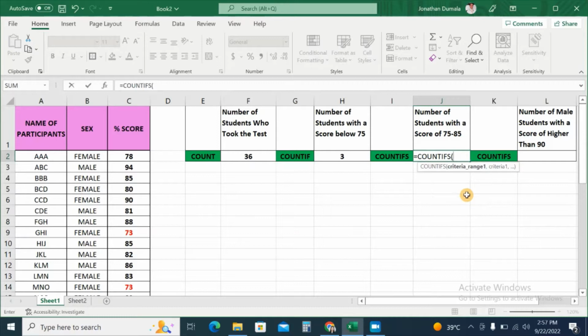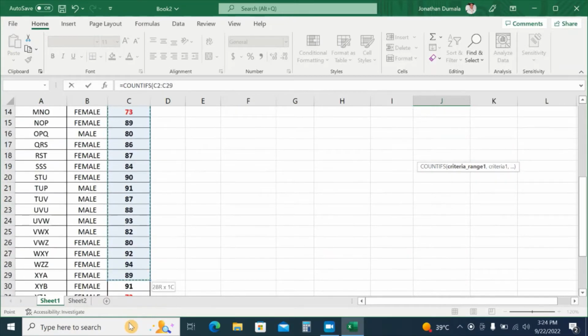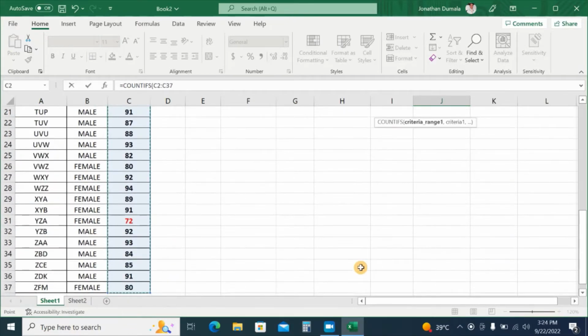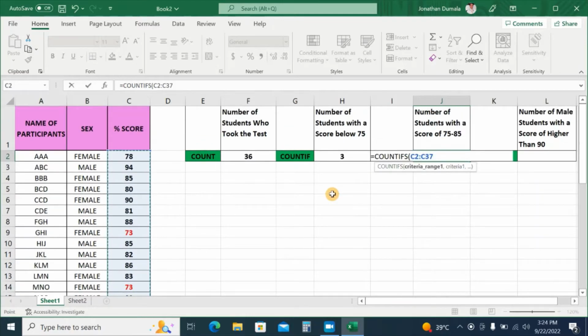We will double click. Now let's enter the first range and the criteria. Our first range would be the percentage score, so we will highlight all this. Then enter the first criteria, which is, let's type comma, then quote, greater than equal to 75, then quote again,